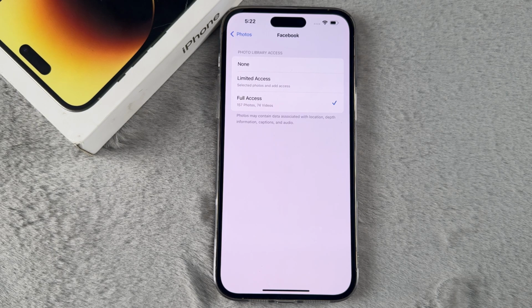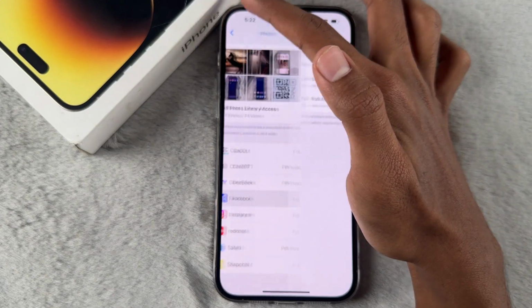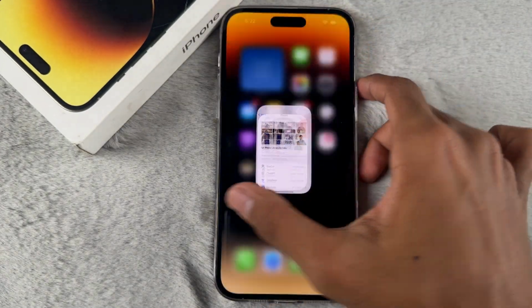Depending on what you need for camera access, ensure the toggle is turned on for the apps you want. Then if it doesn't work,